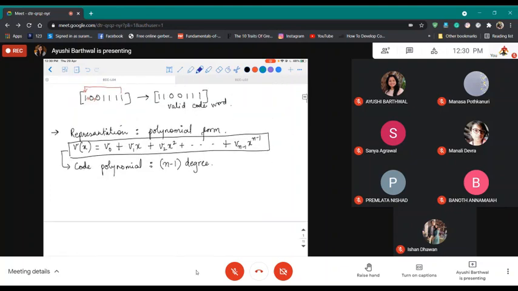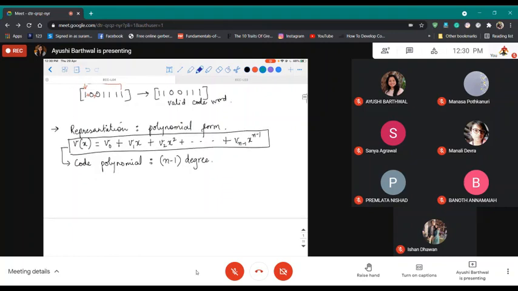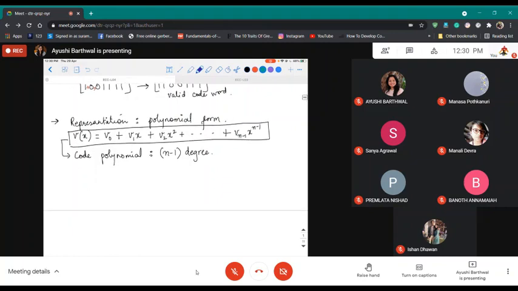So let's come back to the present lecture. How do we denote the shifted polynomials? Suppose you have shifted your polynomial by 1 bit, you are going to denote it by V1 x.